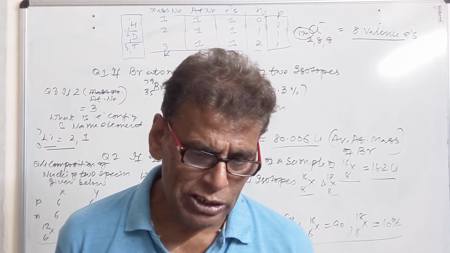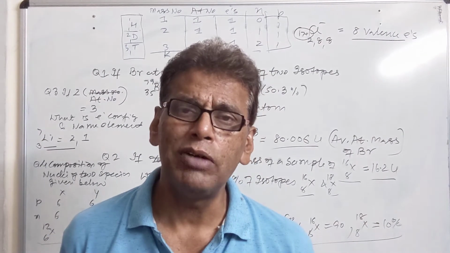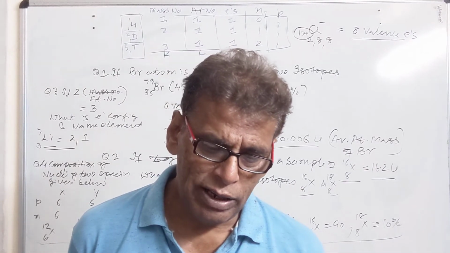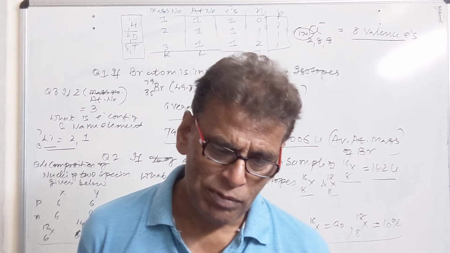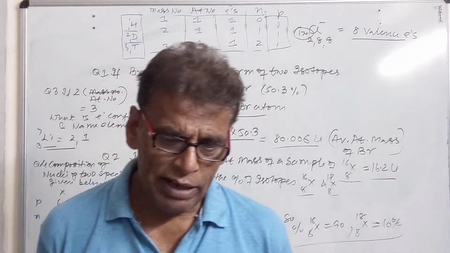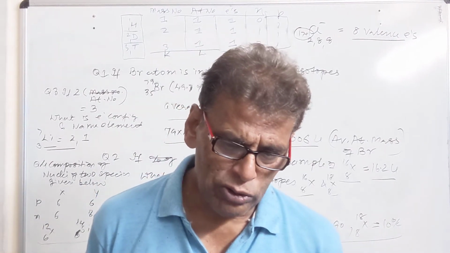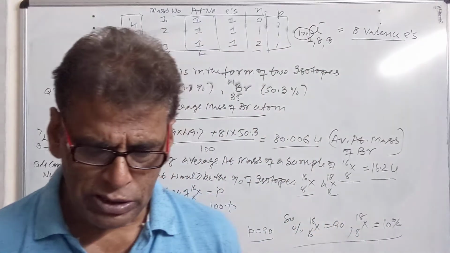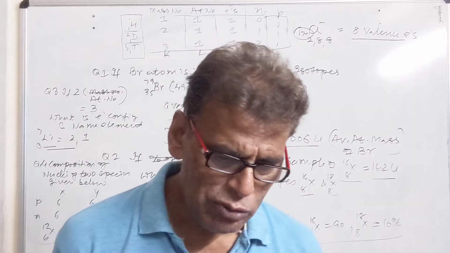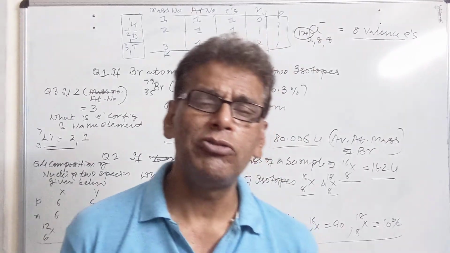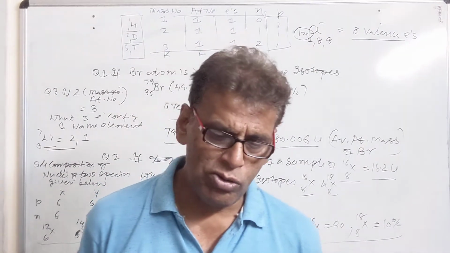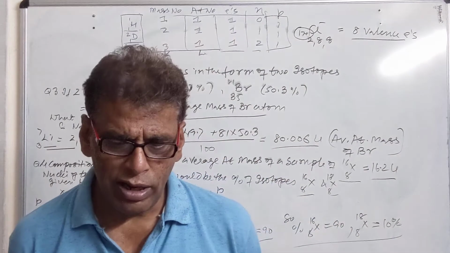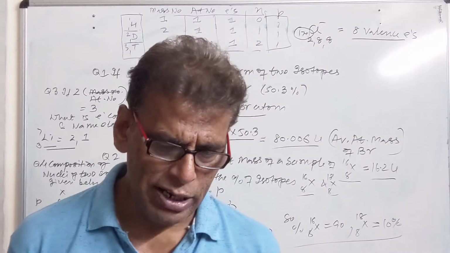Then we have a species whose atomic number is 1 but mass number is 2. It is deuterium, 1H2. The number of neutrons in this species is 1, the number of protons is 1, and the number of electrons is 1. This species is 1H2. Then we have another species whose atomic number and mass number are both 1. This is protium. No neutrons are present in this species. It has 1 proton and 1 electron. This is represented by 1H1.